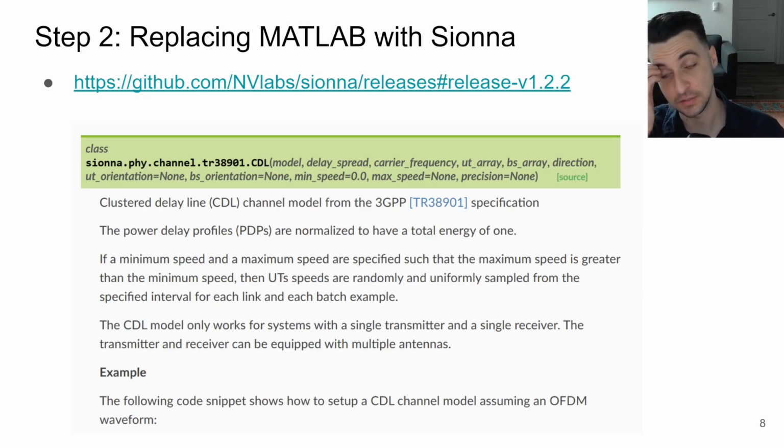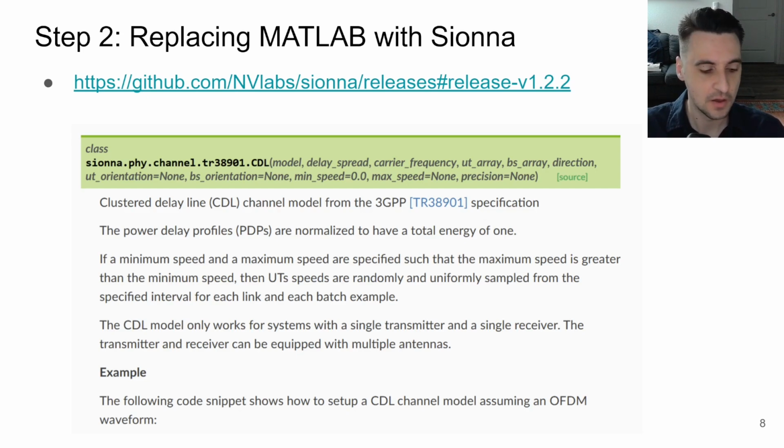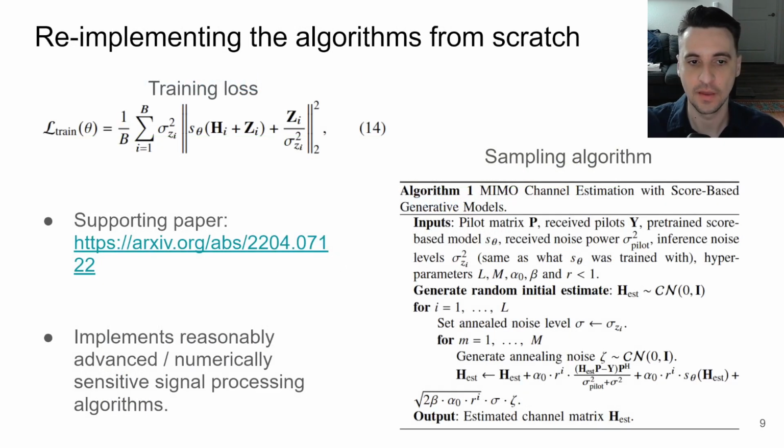wireless communication simulations. And we identified exactly the function that we need. So there's a lot of domain knowledge here, but it's fully open source and it's well documented. And we tried our best to match all the parameters. Now, of course, the interfaces are drastically different than MATLAB's, right? For these so-called wireless channel simulations.